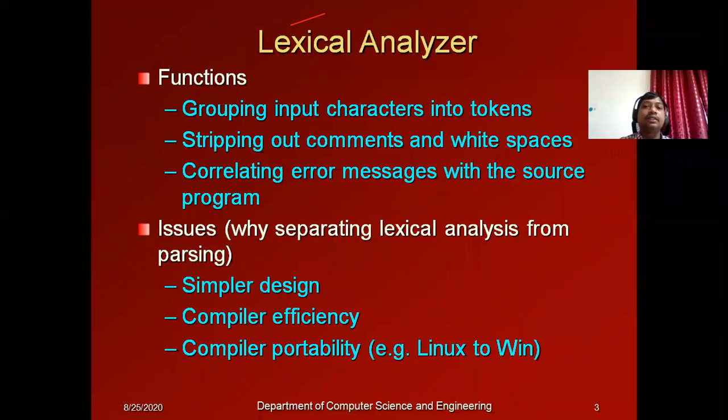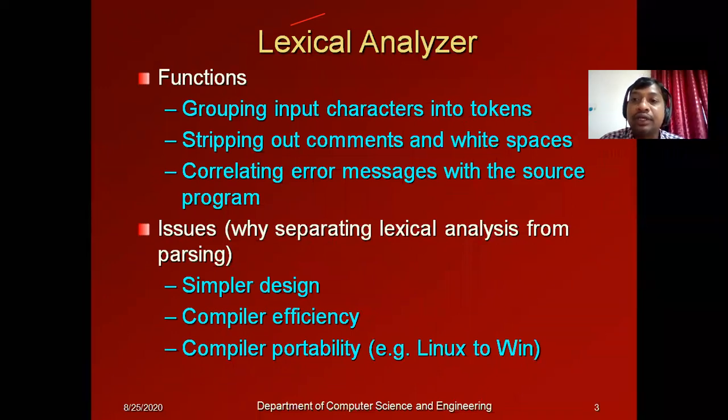So these are the issues. While implementing a lexical analyzer, you need to consider these things: whether we go for a simpler design, whether we separate the lexical analysis process from the syntax analysis, or combine them.